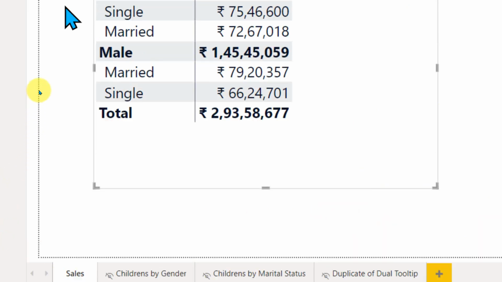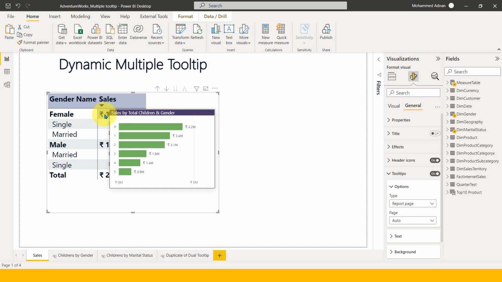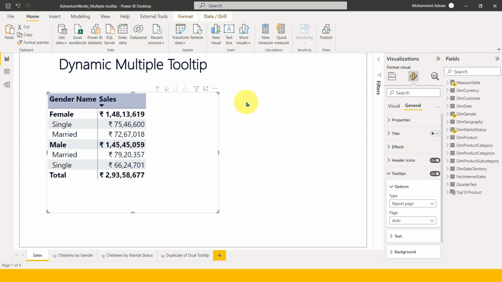Now if I just mouse over the first one, it's giving me the green one, which is the children by gender tooltip. And if I go back down here, this is giving me children by marital status, which is the other tooltip. So this is how you can add multiple tooltips based on the data, and based on your needs, you can customize your tooltip accordingly.